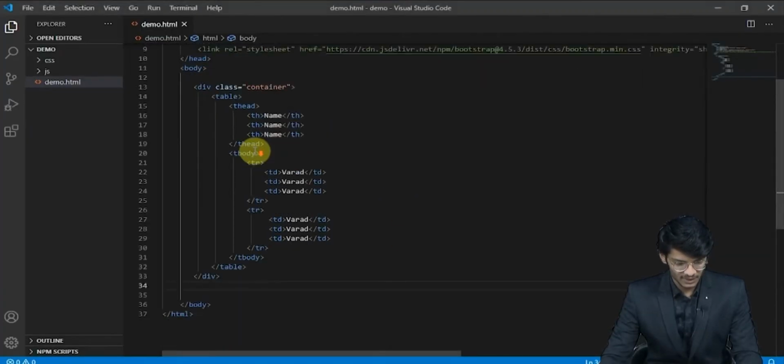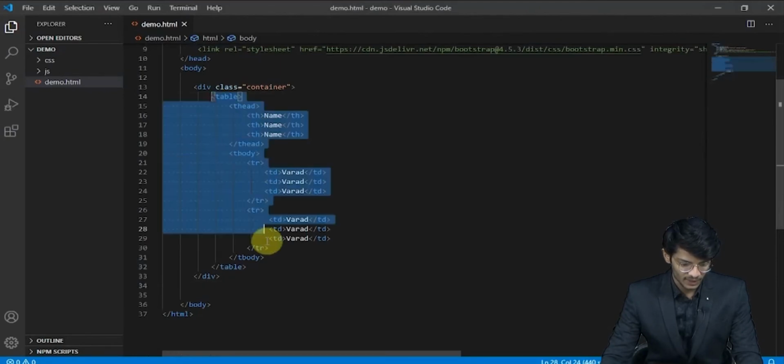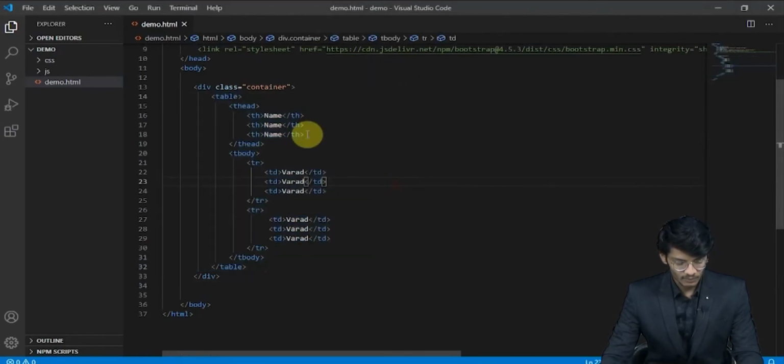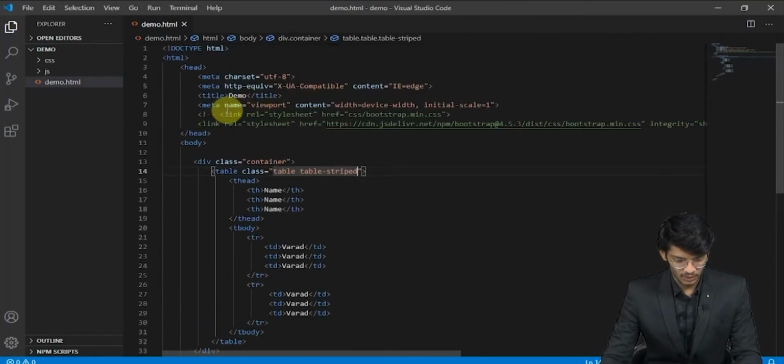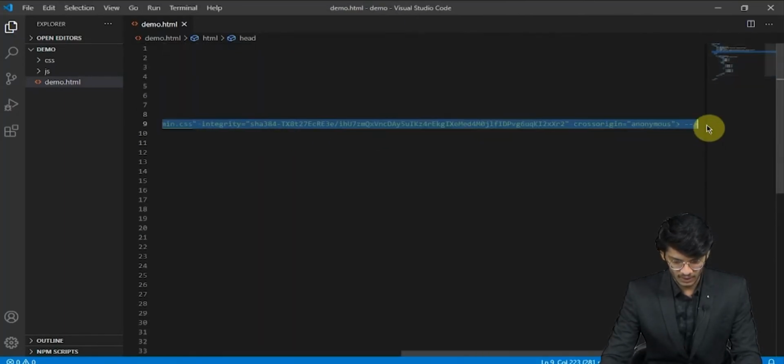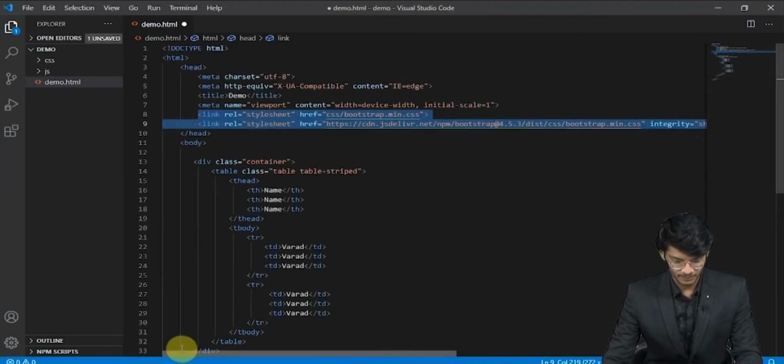As you can see on my screen, I have that container in which I have defined a table. What we have to do is just add a Bootstrap class named table-striped, and we'll unhide our Bootstrap CDN and package first.